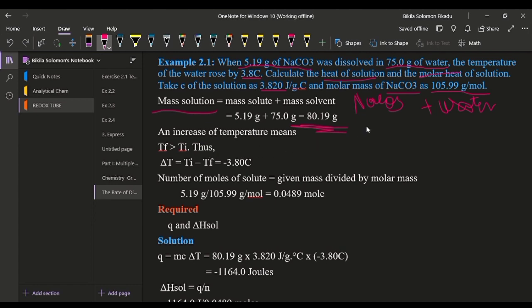So changes of temperature is equal to TF minus TI, minus initial temperature jechuudha. Yookaan immoo temperature isa xumuraa hir'isu isa jalqabaa hir'isu final isa xumuraa jechuudha. So as keessatti equal to minus 3.80 Celsius jechuudha. So number of moles of solute equal to given mass divided by molar mass. Number of moles of solute gaafa argannu immoo akkamiin arganna? Given mass divided by molar mass. Our given mass is what? Given mass keenya meeqa?